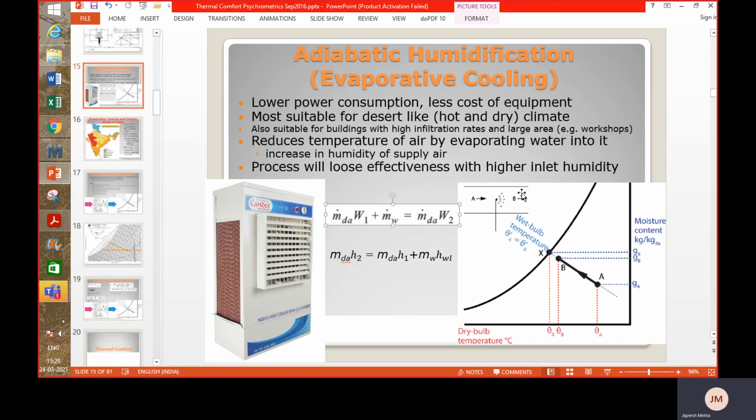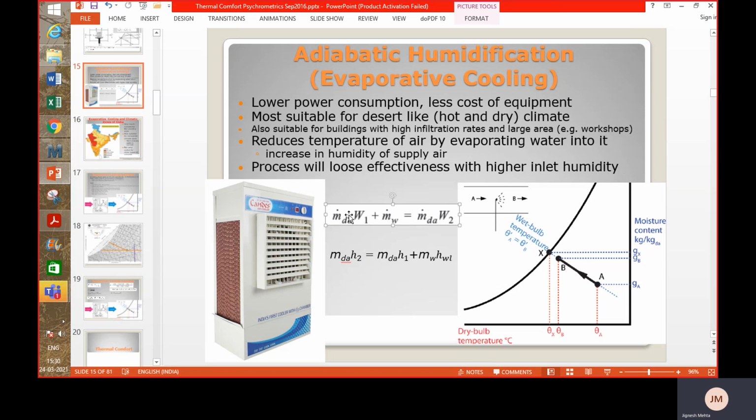So this is your system. This duct kind of system is shown. This is entry point 1. This is exit point 2 for B. And you are adding some water which is evaporating into air. Now what you are adding is liquid water only, right? You should keep this very clear in your mind.